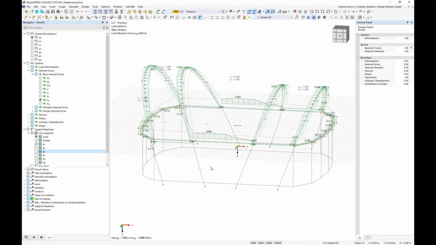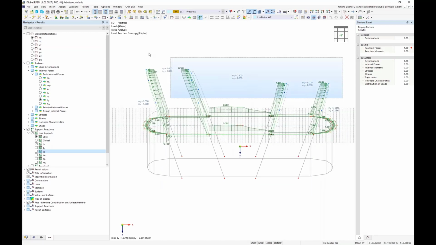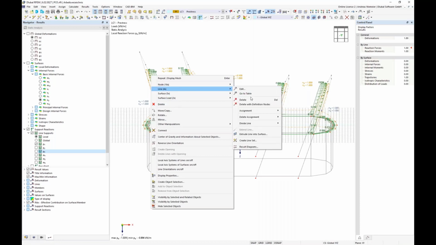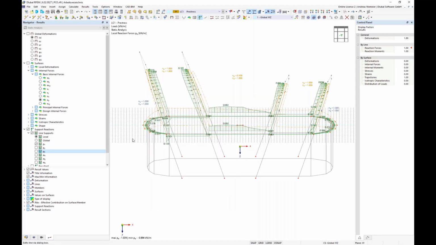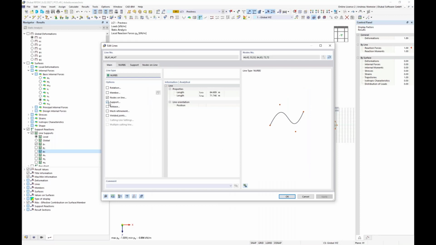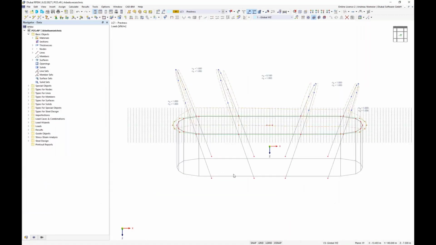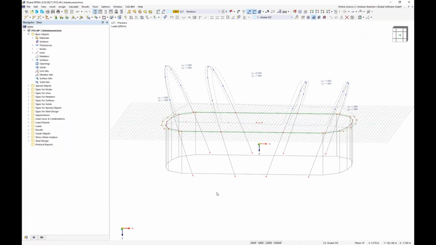And this force should now be taken over by such curved trusses, and let's model it. For this, we can remove the support on these lines. So go here to line, edit, and remove the support. So this is the first task. Now it's open, and now we can say,